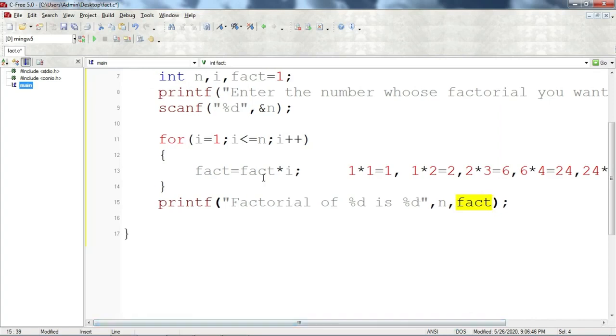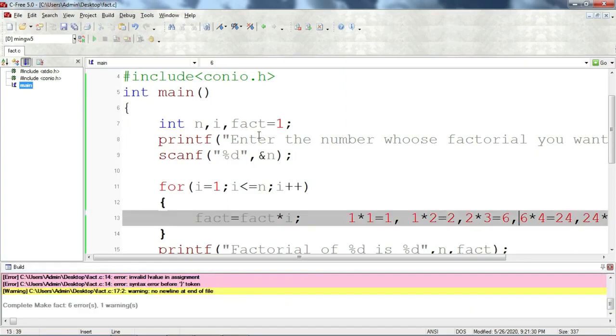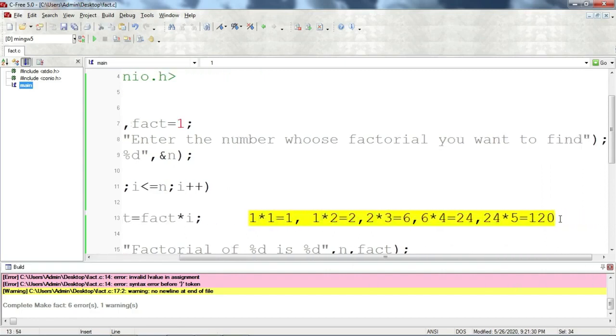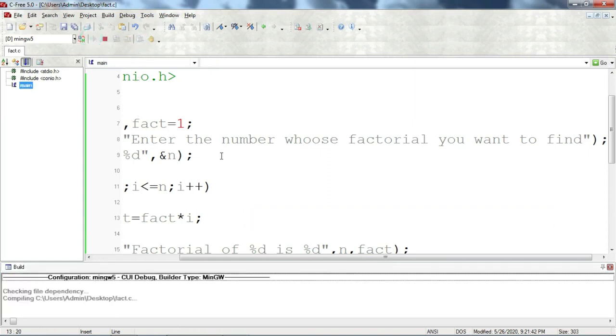So this is very simple. You just have to know how to execute a program, how to trace a program. So let's check the output, run that program. Here I am writing this, that's why it is showing an error. So delete this and again run the program.